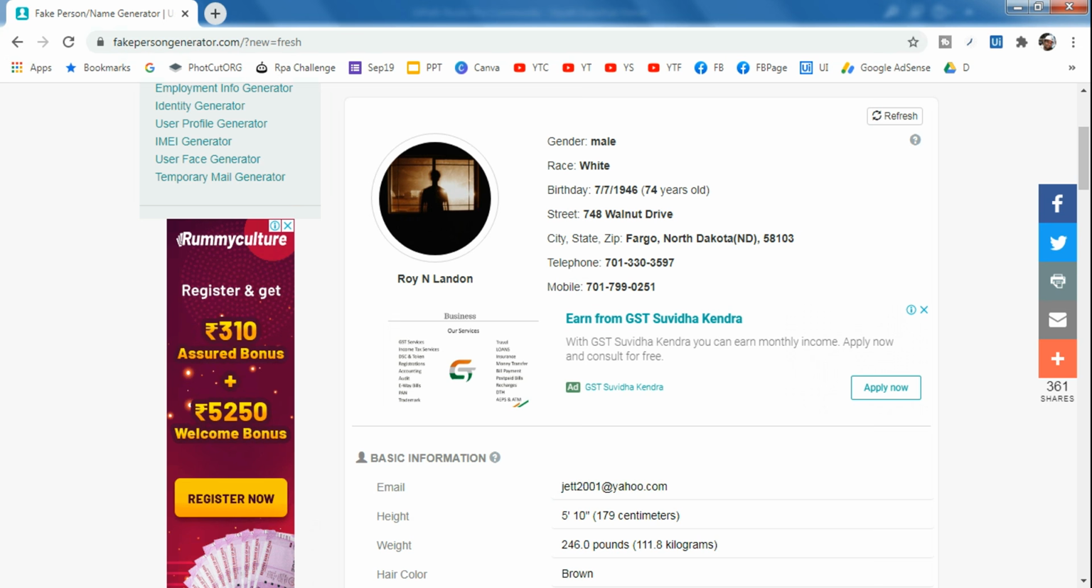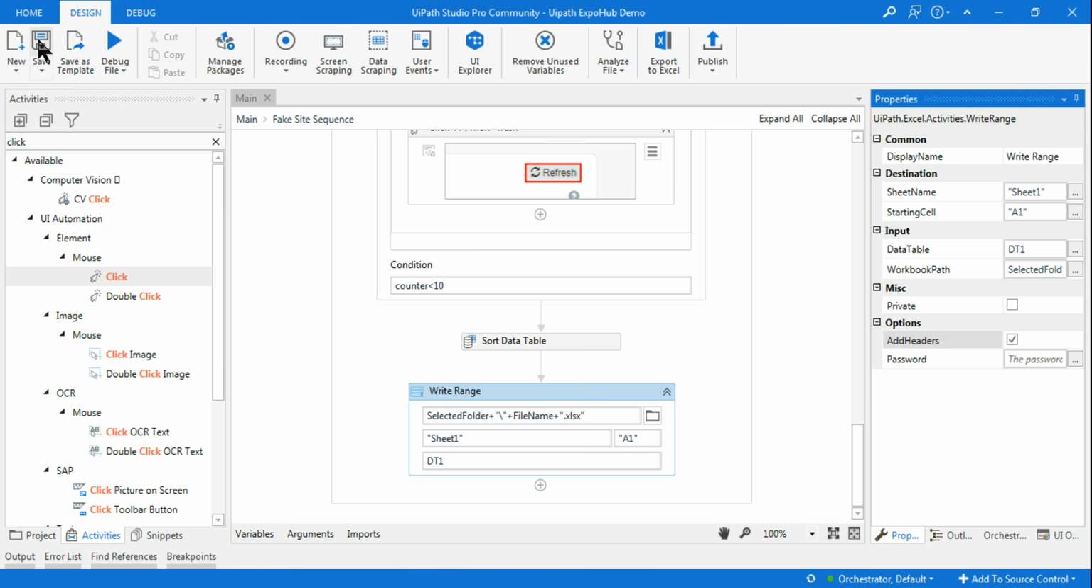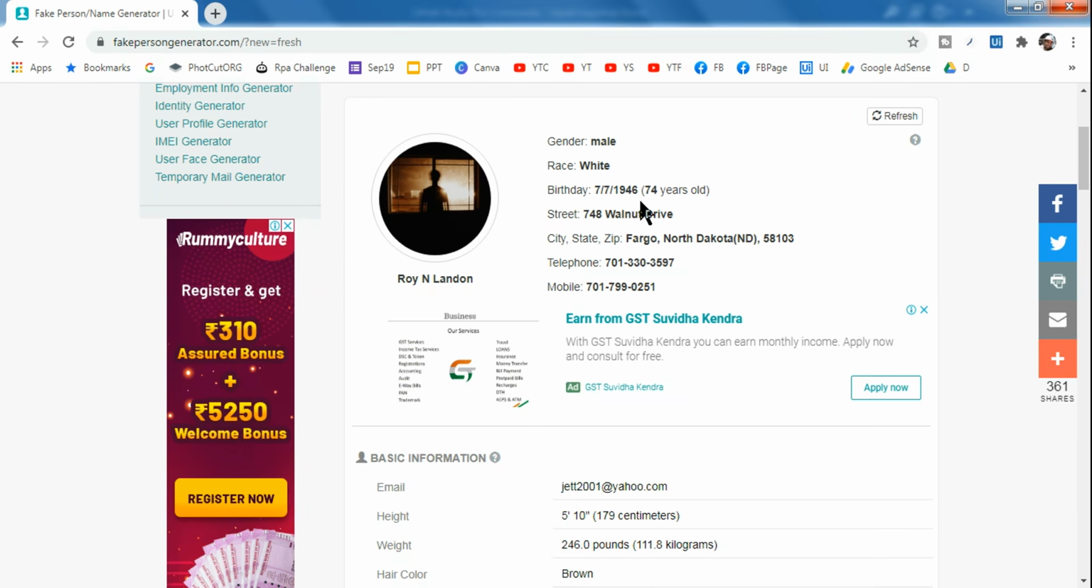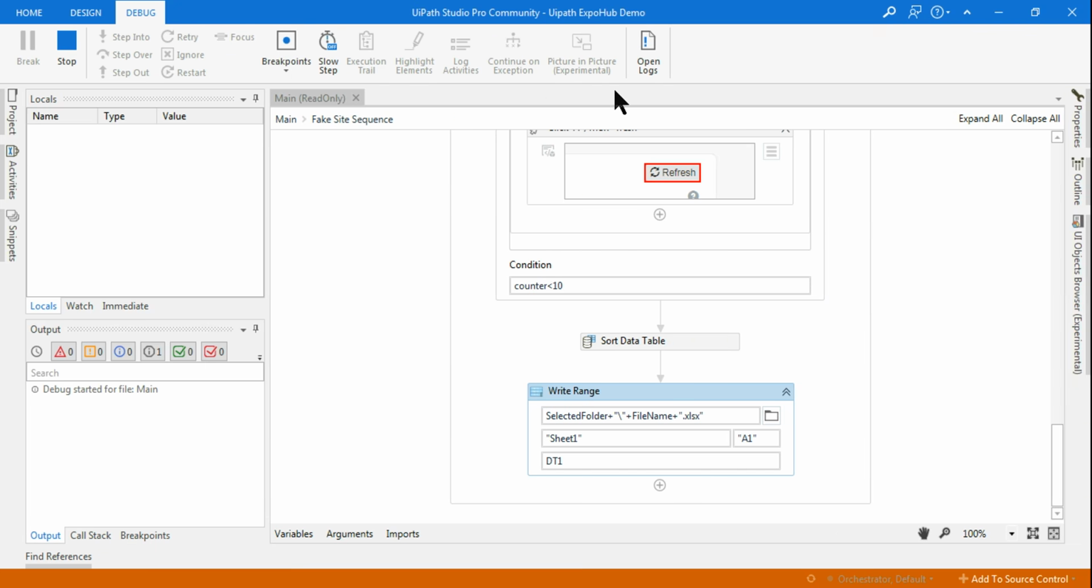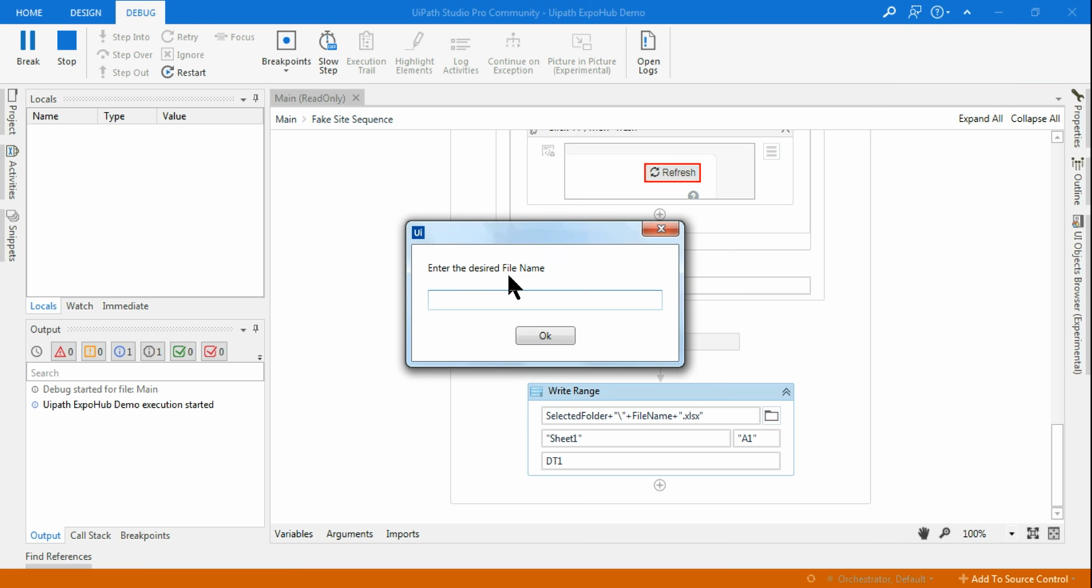Let me run this workflow and you see how it is going to work. First of all, let me close this browser and start running it. As I said, there are 3 requirements. First it will ask me where I want to save the file, using what name. So enter the desired file name. Let's say I'm going to say fake names is the file name, it should save in Excel format,